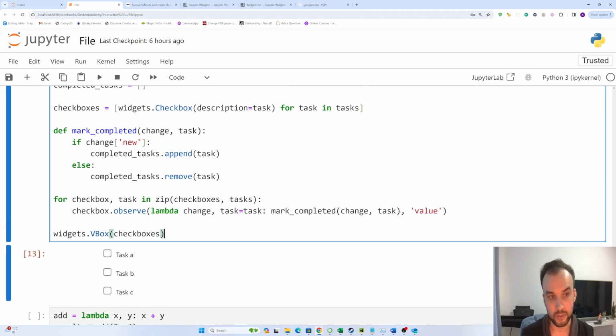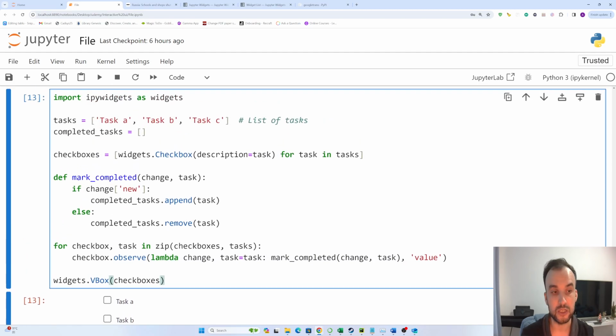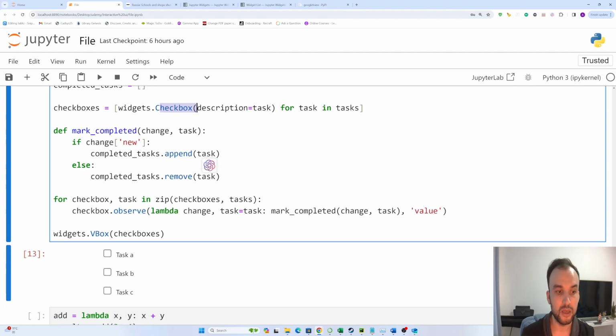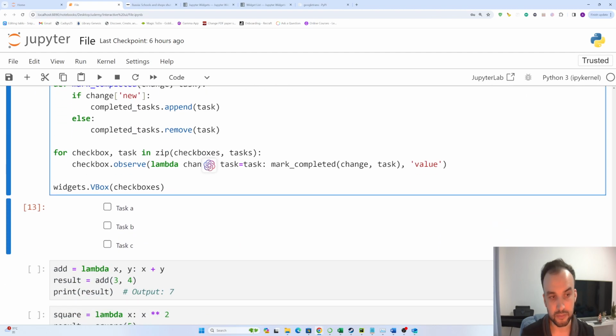But here the problem is we don't have just one checkbox. In this situation, we have 3 checkboxes. Maybe later we will add 2 new tasks and we will have 5 different checkboxes. So we can't write them line by line.